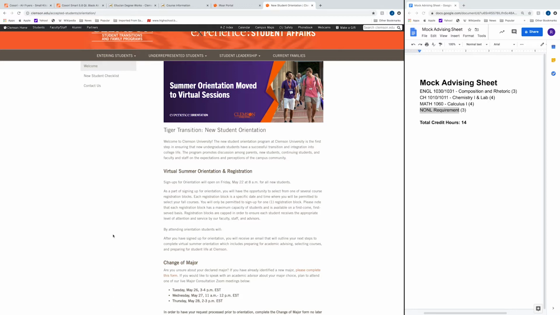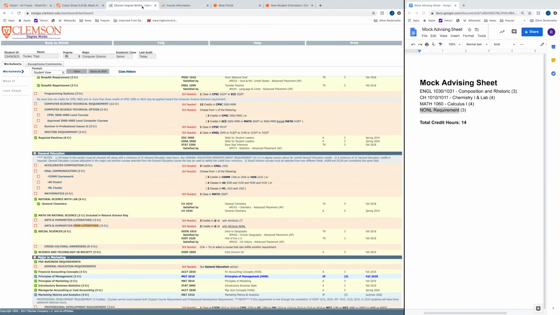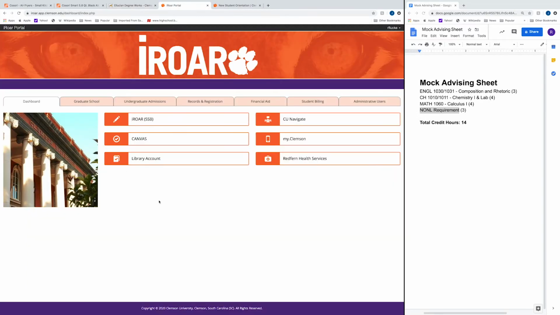Before we get into Plan Ahead, I want to highlight a couple things on the screen. To the right, I have a mock advising sheet. These are just some of the classes I took during my first semester at Clemson, so we're going to be using this sheet for demo purposes. Over here in this tab, I have DegreeWorks open. It's super handy to have open and to look at while you're registering and while you're planning ahead. And in this tab, I have the iRoar portal, which is how we're actually going to navigate to the